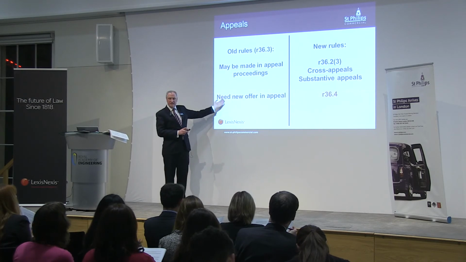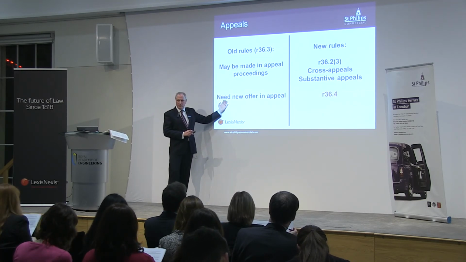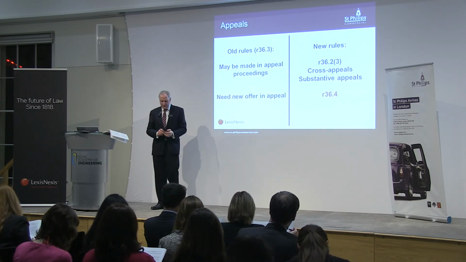The other thing we've done, if you turn to page 4 of the notes, there is a particular rule at 36.4 that just explains a little bit more about the application of Part 36 to appeals. The first paragraph of it confirms the point that we've got here, that you do need to make a new offer in your appeal proceedings. And the second paragraph,